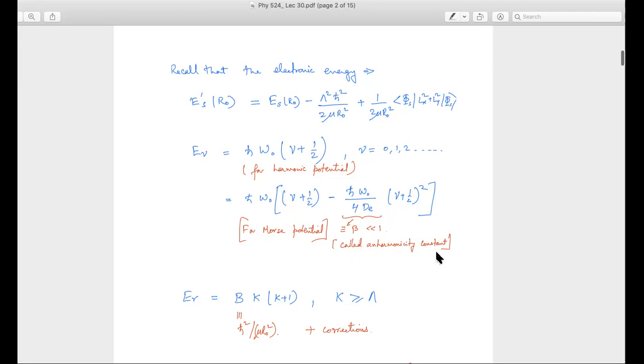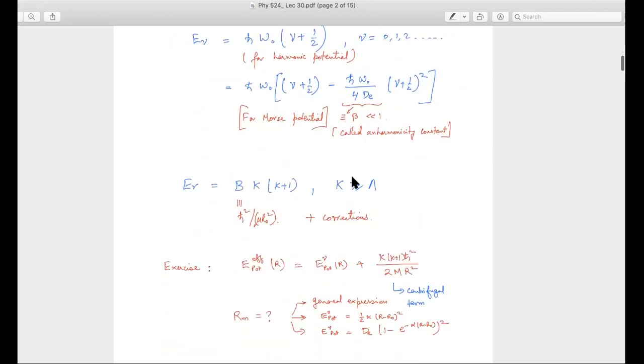Okay. And this we know by experiments, basically. Okay, so we have experiments. There are a lot of results which come from the spectral lines, etc. And we can measure the separation between these vibrational degrees of freedom. And we know that these terms are sort of small. Okay? But now our experimental capability is such that we can still measure them. So we know that this really works really, really well.